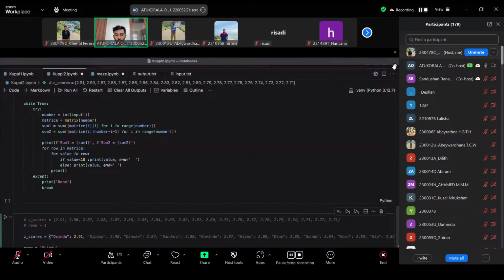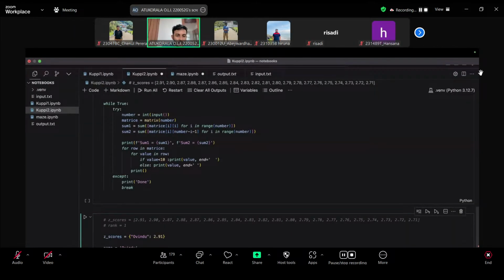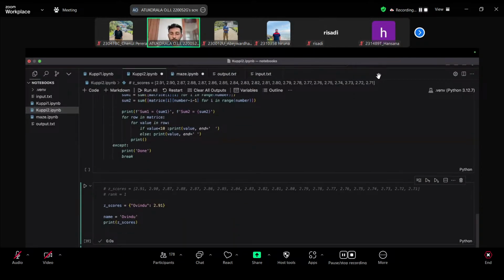So this is your first basic key value pair. If you print the Z scores, you'll see something like this, Ovindu and my Z score. So this is not my Z score. It just came up. So it wasn't that high, unfortunately. But yes, it is just a key value pair and it's separated.